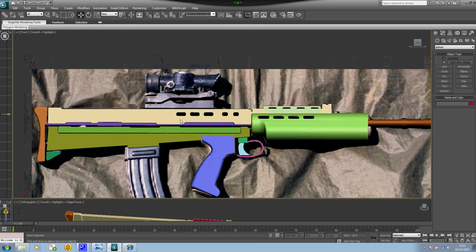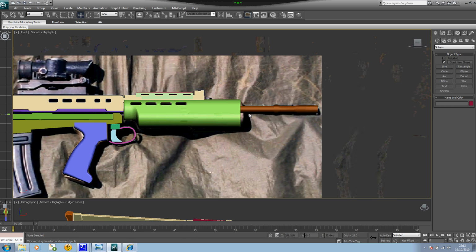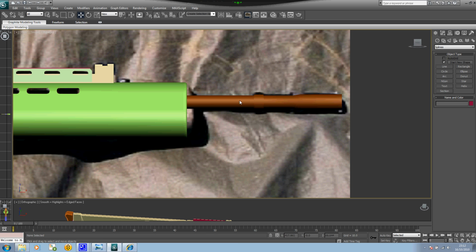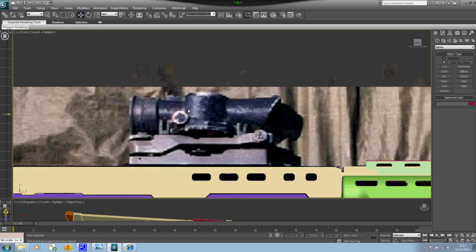Hello again. Now we are going to model the scope, and basically we could do something similar to what we have done here, but I'm going to use a different method. If you have a look at scope, it's pretty much a profile that's revolved along a center. So that's basically what we are going to do. Just going to create a line that should start around the center. Go all the way to this point, then